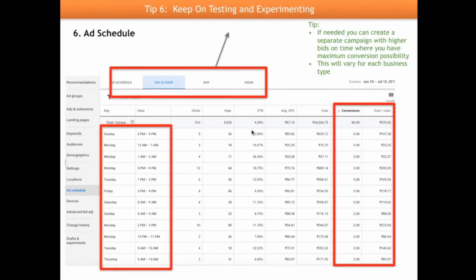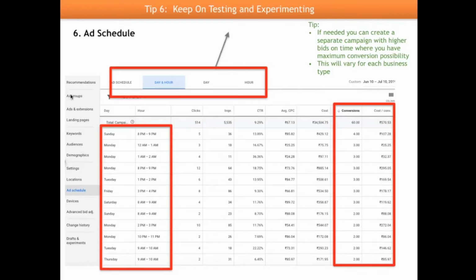Certain businesses have more crowd coming in on the weekend, let's say nightclubs. Other businesses might not, like doctors are off on Sunday, so you don't need to run your ads if your office is not open. These are the things you need to understand. Since most of the doctors are not there on Sunday, if you're the one who can open your clinic on Sunday, you can run your ads on Sunday, right? So it depends on business to business, and this is the analysis that you have to do.